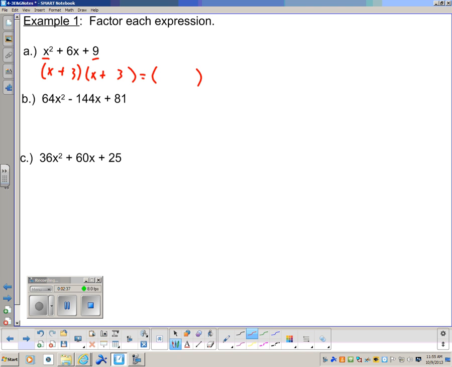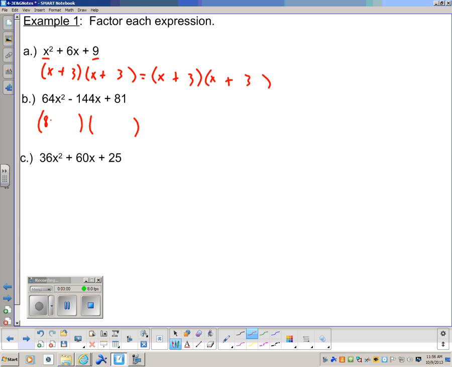You can think, what times what gives me x squared? x and x. What times what gives me 9 and adds to give me 6? Oh yeah, 3 and 3. So just two ways of thinking through that. This only works when you can take the square root of the first term and the last term, and the last term adds up to be the middle term. So this one here, if I were to think through this one, the square root of 64x